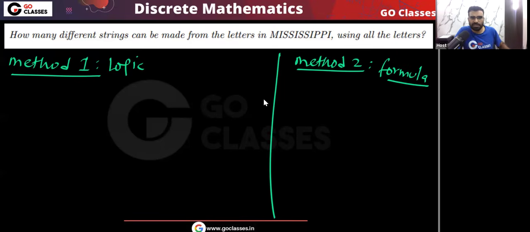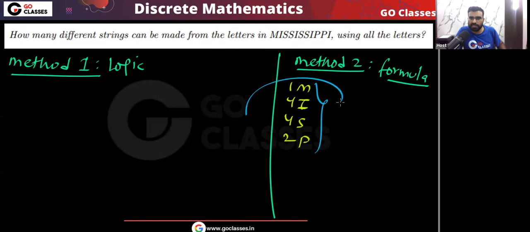First, let's see the direct formula. You can see there is one M here. How many I's are there? You can see total 4 I's are there. How many S's are there? Total 4 S's are there. How many P's are there? Total 2 P's are there. So total 11 letters are there, and this is the distribution.